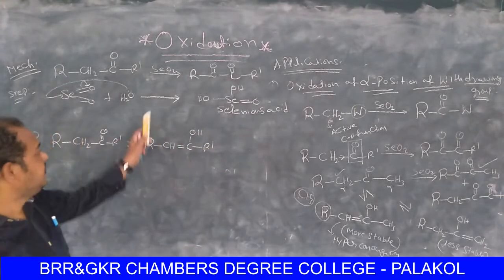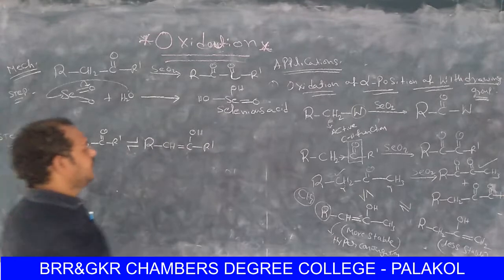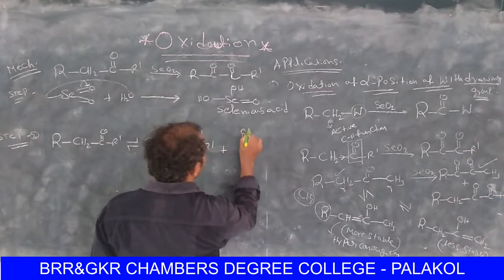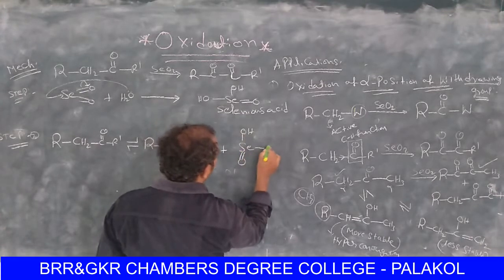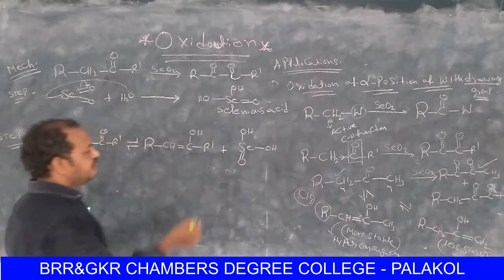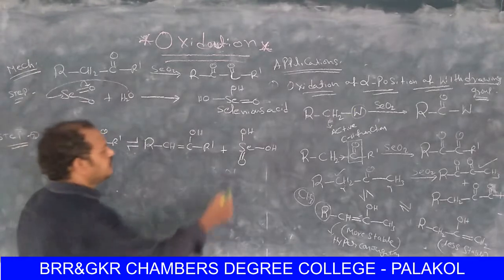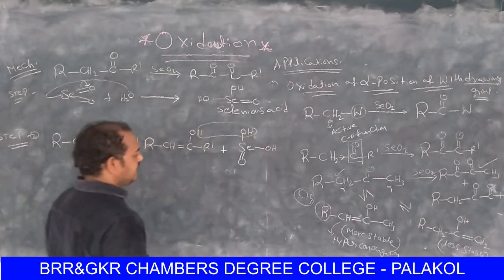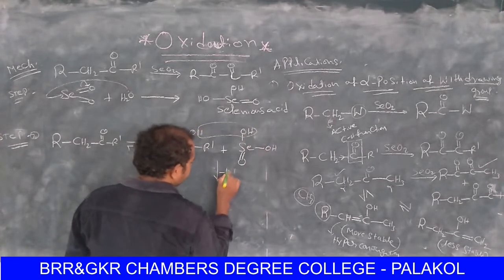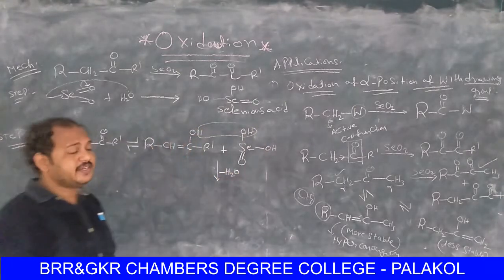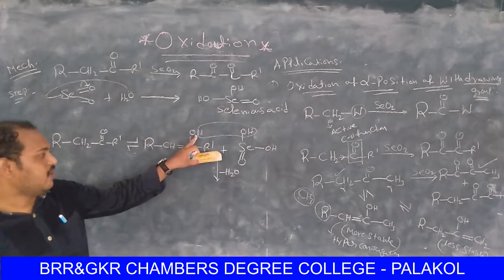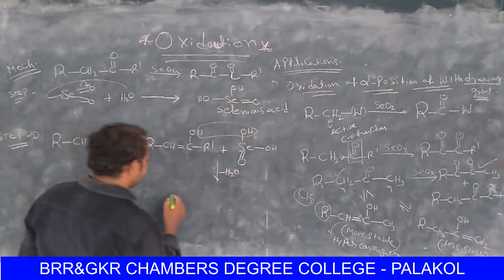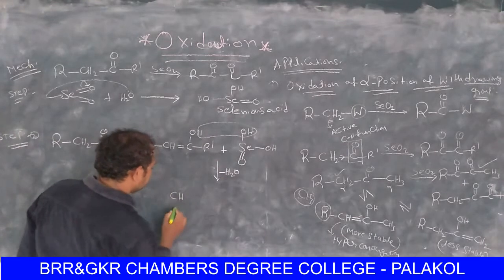Now it is reacting with selenious acid, right? And here, take selenious acid, SeOH double bond OH. So whenever these two are reacting together, there is an elimination of water. Water will be eliminated and can form a bond between oxygen and selenium. So that's why here I can write CH double bond